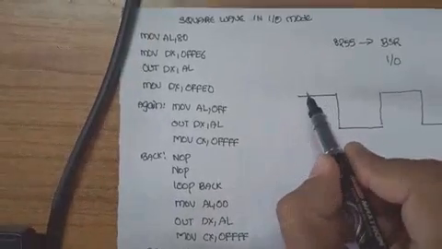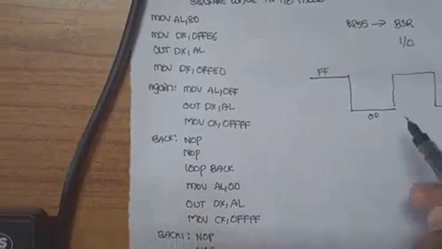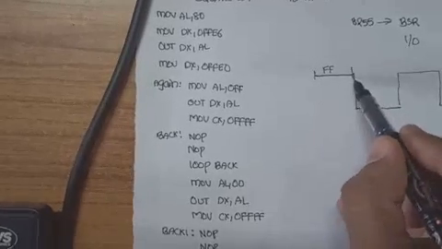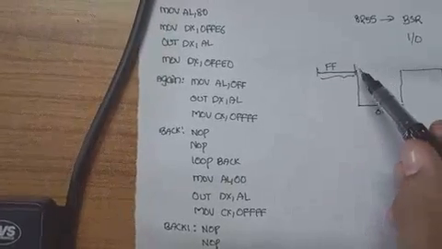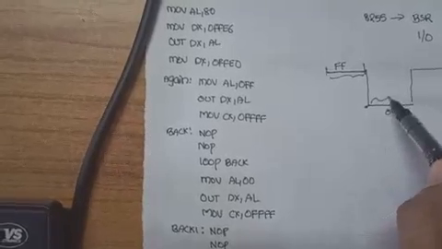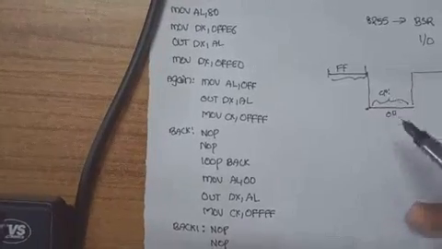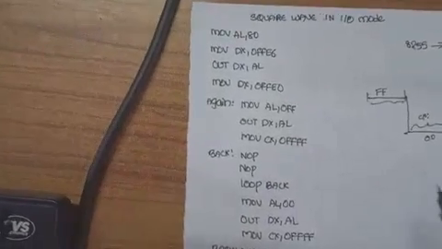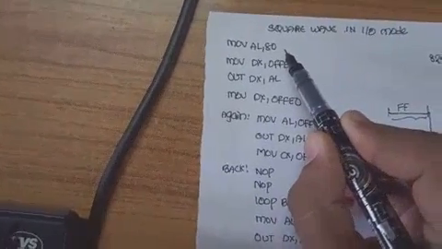So here let us say this is the maximum value FF and the minimum value 00. We need to set the data FF and make it stay there for a particular duration of time by introducing delay. Similarly, after that duration is over, the level has to be changed to 00 and again it has to stay there for a particular duration of time which is given by the count. As simple as this.